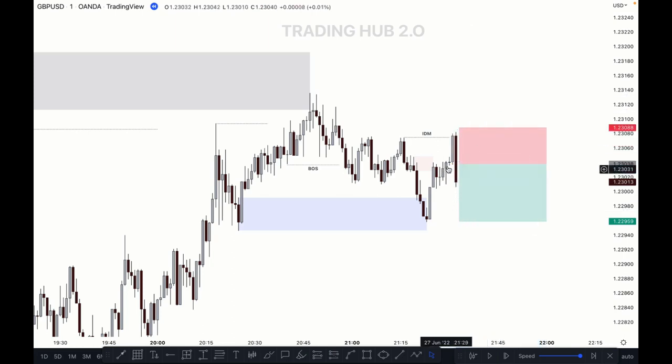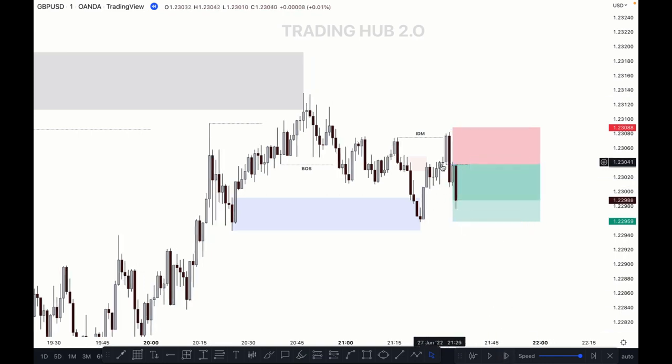Okay, so if price pushes upside to mitigate this order block, then we can sell here, and our stop loss is here. If the market hits our stop loss, this will be fair. Okay, why? Because we follow our rules. Okay, so let's see what happened here next. Market mitigates,